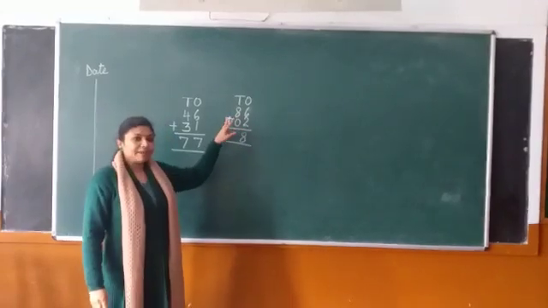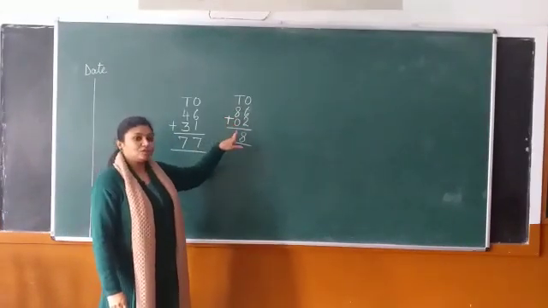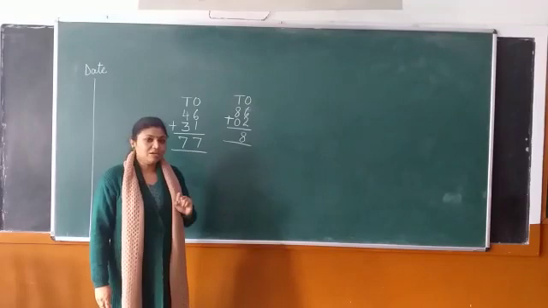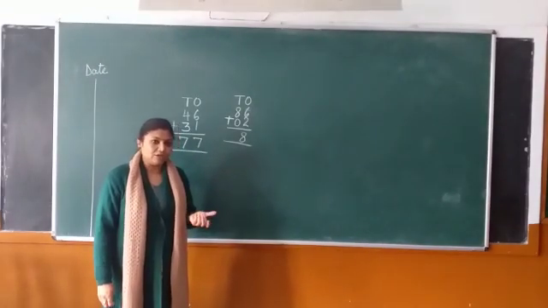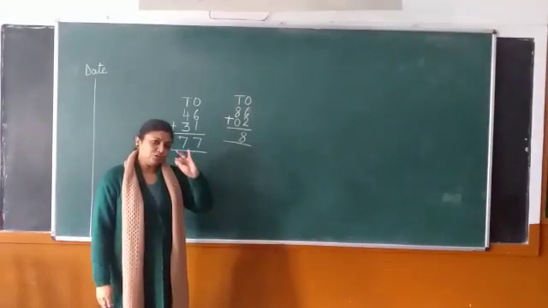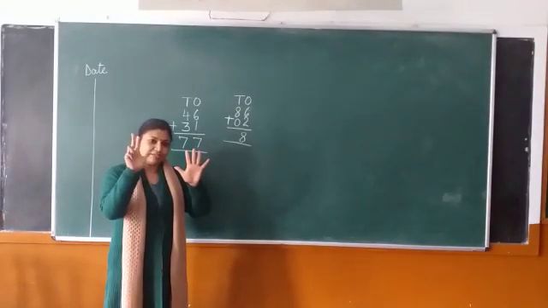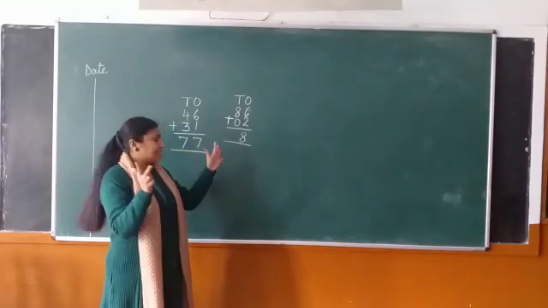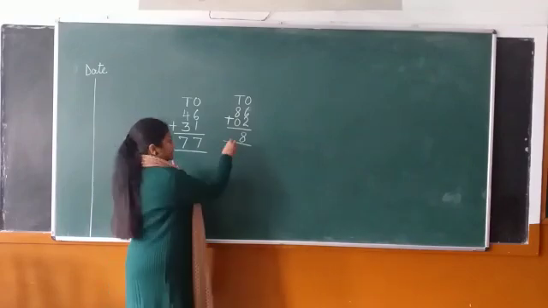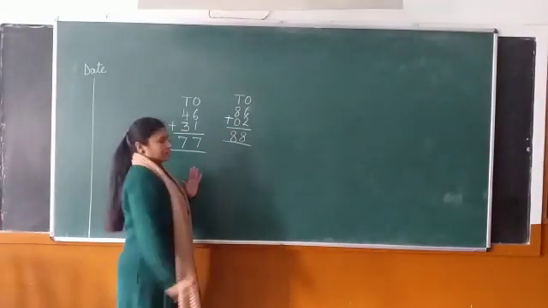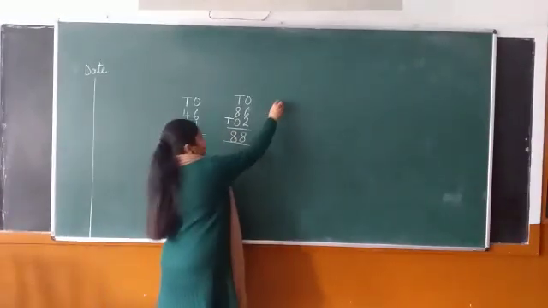Now in the tens place we have 8 plus 0. So now as ma'am has already taught you that 0 has no value. So let's count 1, 2, 3, 4, 5, 6, 7, 8. And then the next number there is nothing. So 8 plus 0 is 8.